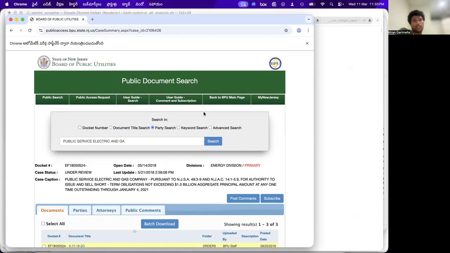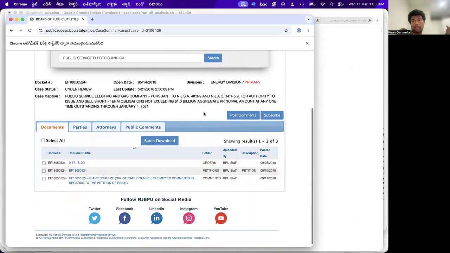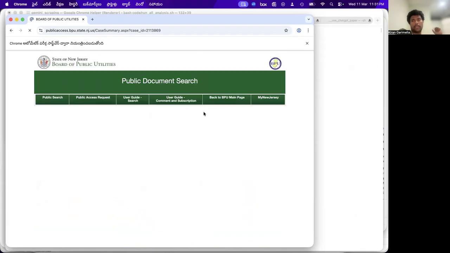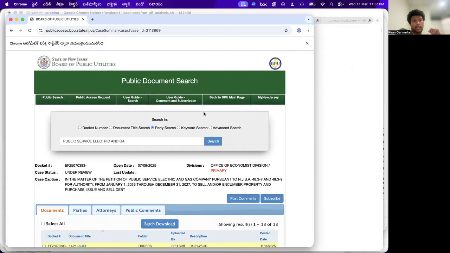Okay, so now it's trying to go through each of those dockets. So it went to the first docket, and it's now trying to get all of these PDFs downloaded. So I don't know how that is going to be handled, but let's see. So here there are supposedly 3 PDFs. So it should go through and click on each of these and download each of them. I don't think that has happened, but